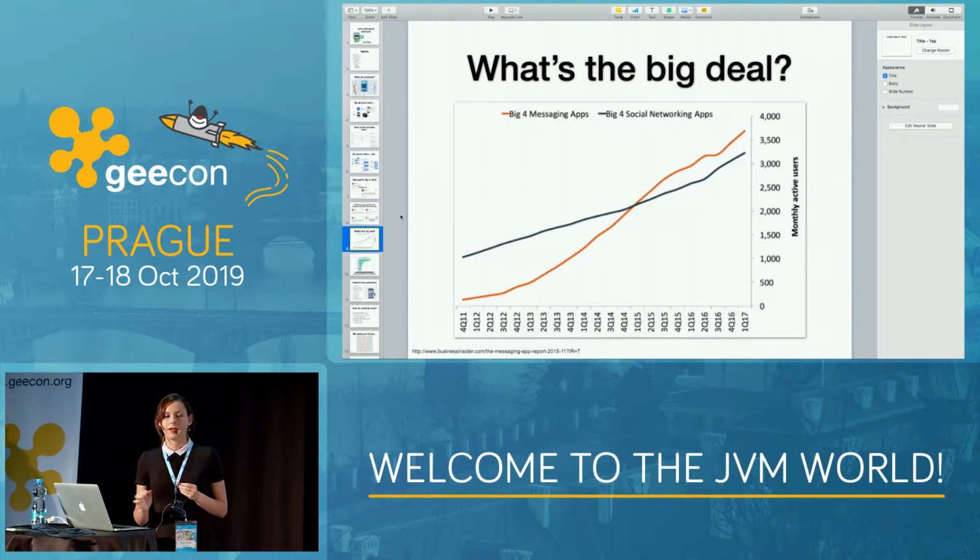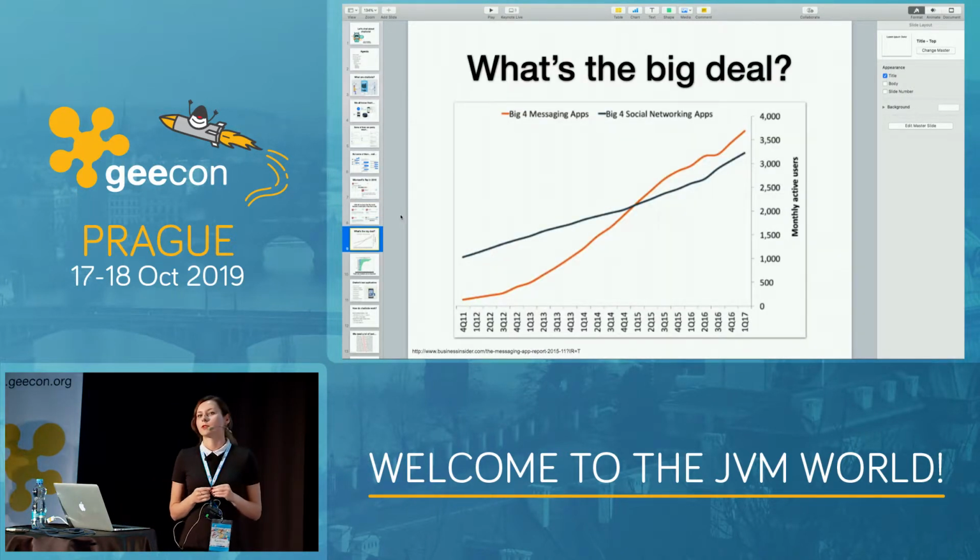So actually, what's the big deal with chatbots? Because it may seem that, okay, it's kind of a great feature for our smartphones. It's a great feature for, I don't know, your websites. But actually, what is the potential of it?